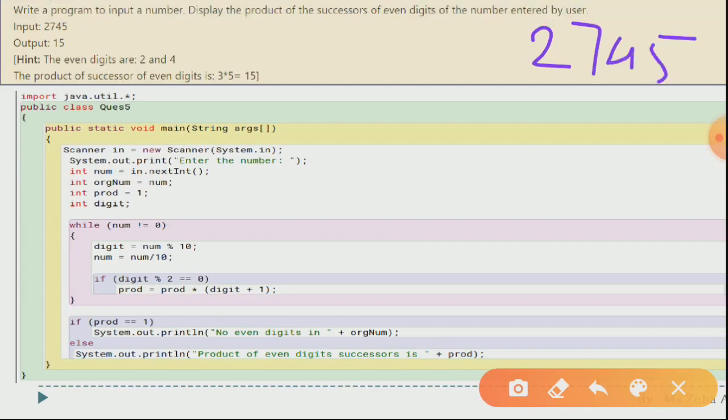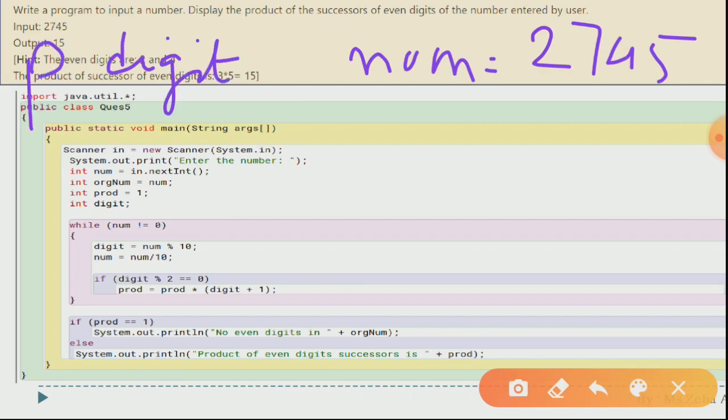Okay, now it is the value of basically your num. Now let us store digit over here. Over here let us suppose we are having p, our product. Now see, while num not equal to 0, the condition is true, the digit is to be calculated. Num modulus 10. If you modulus this whole number by 10, then you are going to get the last digit as a remainder. So for now, your digit is basically what?